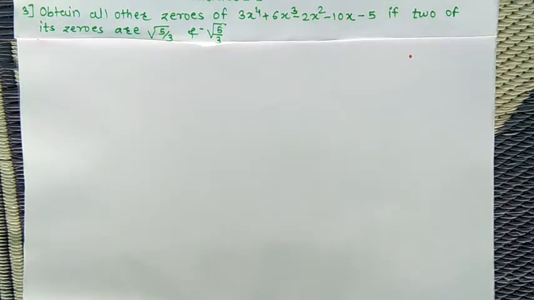Now what is the question here? The question is that we have to find the remaining zeros. Here only two zeros of the equation are given. Now the equation is having the power 4, that is, the degree is 4. If the degree is 4, how many zeros are there? There are 4 zeros. Two zeros are already given. Now we have to find the remaining two zeros. Now see the solution.